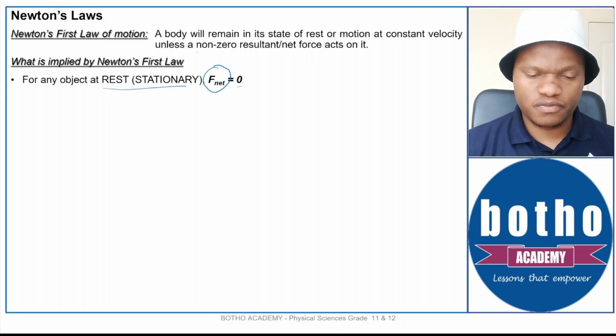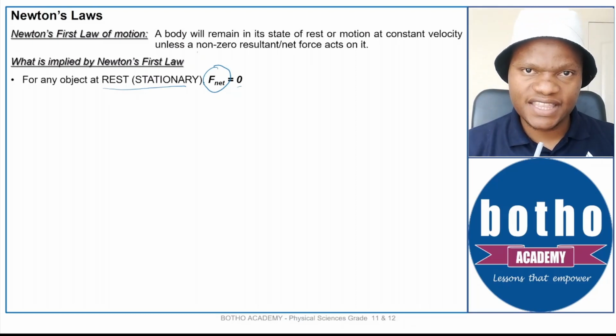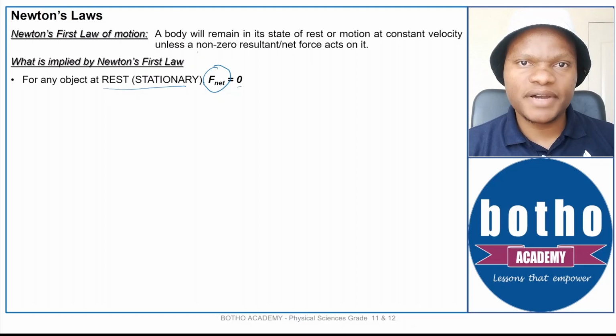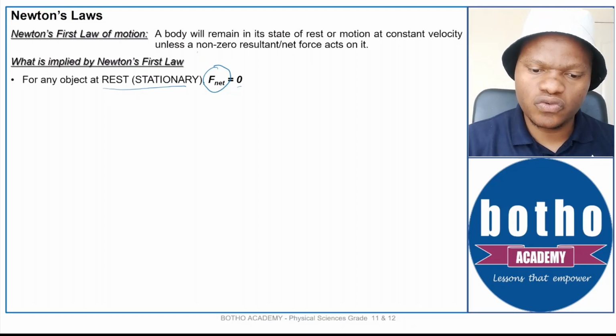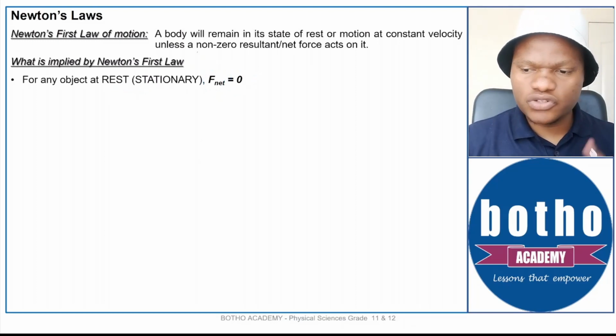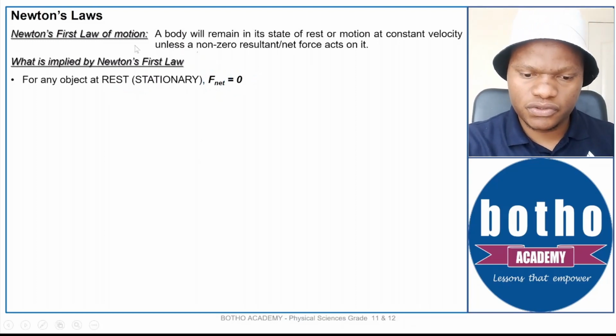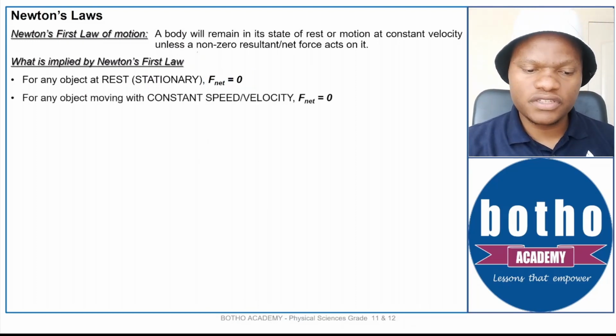I want you to absorb that. Okay, if an object is not moving, it means all the forces acting on that object at that time are balancing each other out. Therefore, they are cancelling each other out to get a sum of zero. And I'll also explain something with regards to this just before we finish this slide. Okay. Also, this means